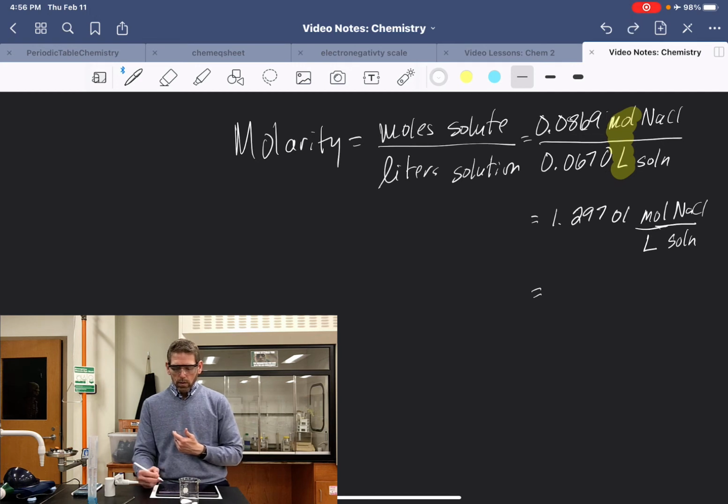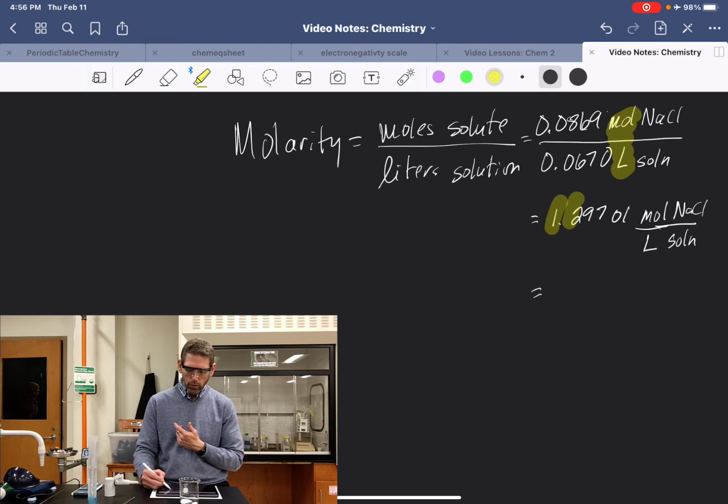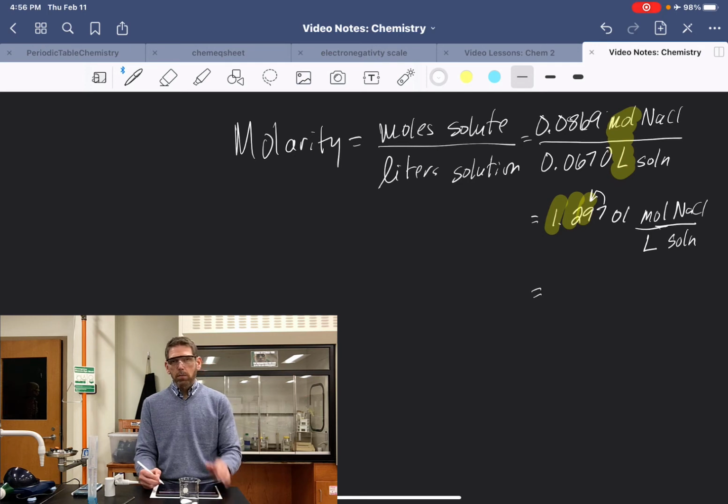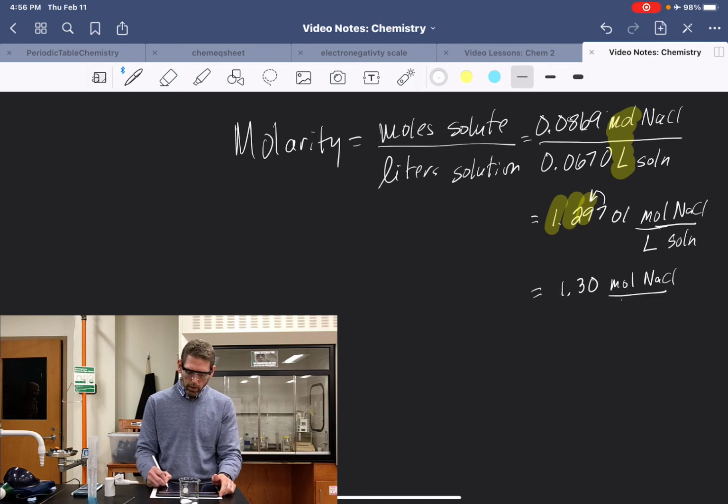And so 3 sig figs for the final answer, and so we're going to want 1, 2, 3, and that's 7. This 7 right here is going to round that 9 up. So it's going to round up to 1.30, and then that would be moles of sodium chloride per liter. All right. So moles